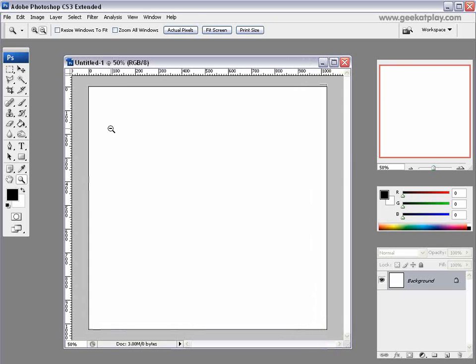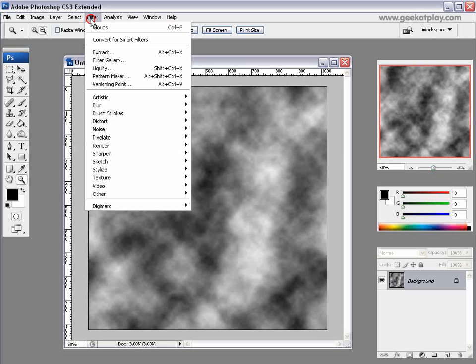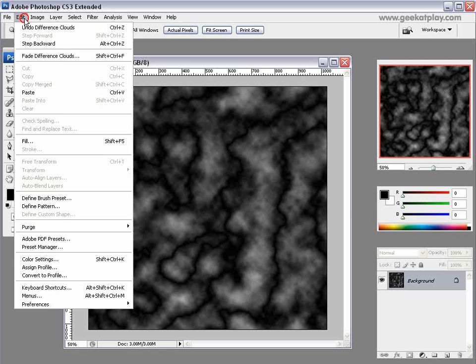And now we'll just reset the colors here to black and white and go to the filters, render, clouds, and again filter, render, different clouds. So you can see that this is a very interesting texture that has been created. One of the best things about this is the tile. And now we're going to the image,